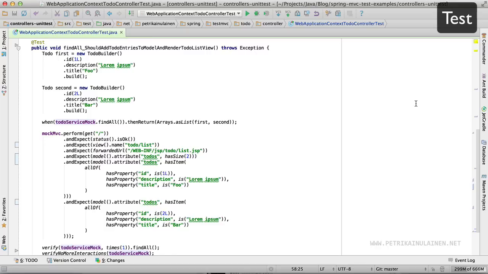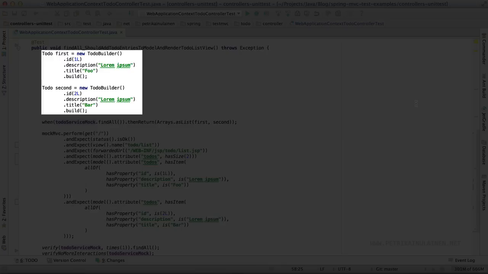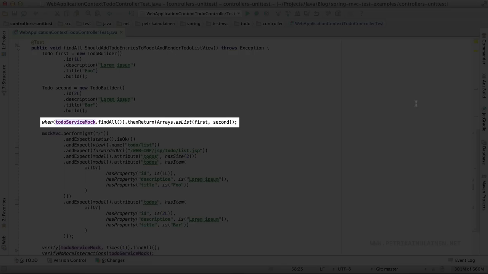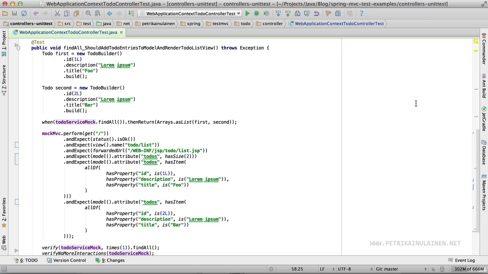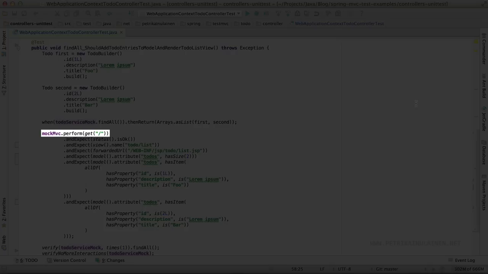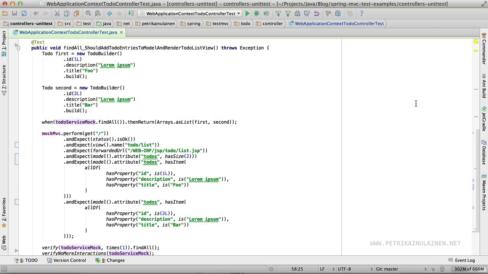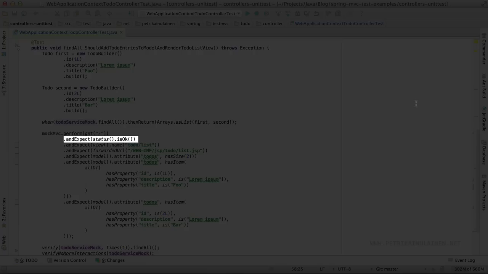We can write a unit test for this controller method by following these steps. 1. Create the test data which is returned when our service method is called. 2. Configure the used mock object to return the created test data when its findAll method is called. 3. Execute a GET request to the web application root. 4. Ensure that the HTTP status code 200 is returned. 5. Ensure that the name of the returned view is